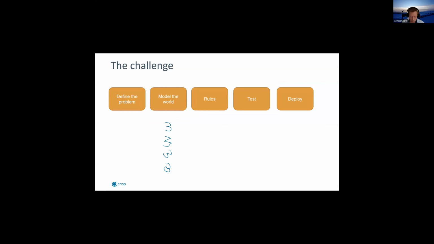So if we make a very simple example here of a software developer trying to understand what type of number did someone write here based on an image, we would normally define it, we will model it, we will write some rules, we will test it, and we will deploy it. The trick is that that makes an awful lot of rules to figure out if this is number 3 or not, because there's so many use cases out there.